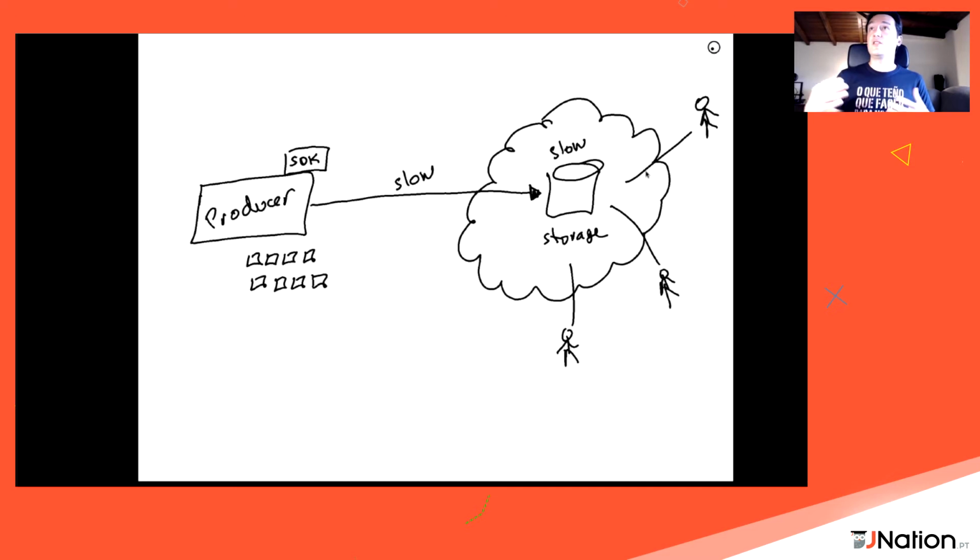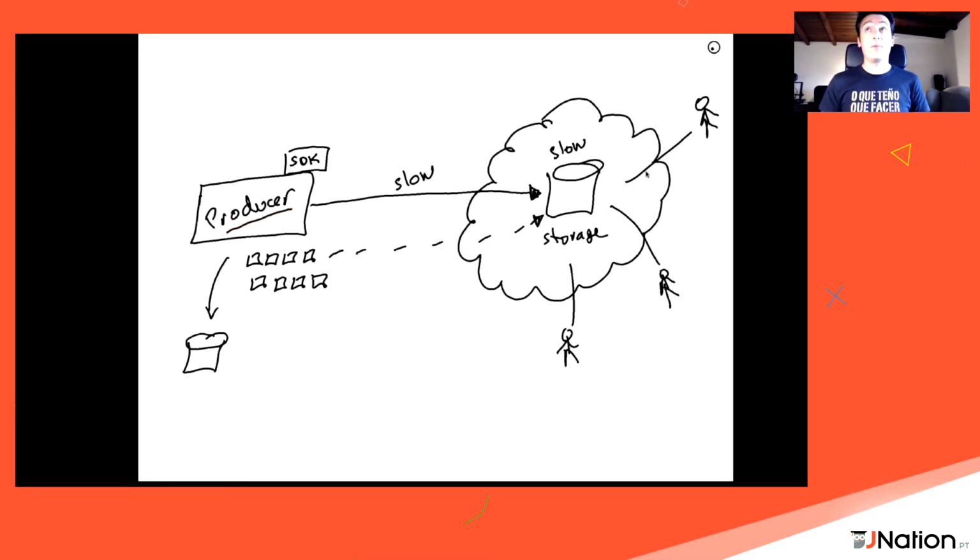If the problem persists for a long time, at some point, our producer is not going to be able to retain that data and is going to have to discard part of that information, or maybe store it in an internal place. So once it has connectivity again, it can start to recover and send that information. This is not good. It's quite challenging from the producer point of view, and it's very complicated.